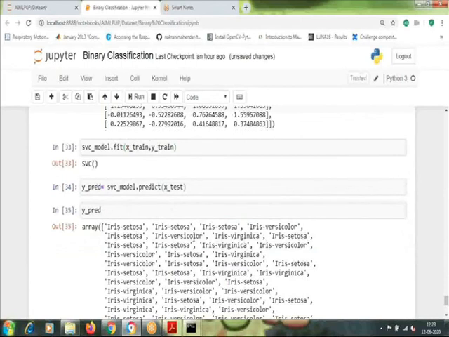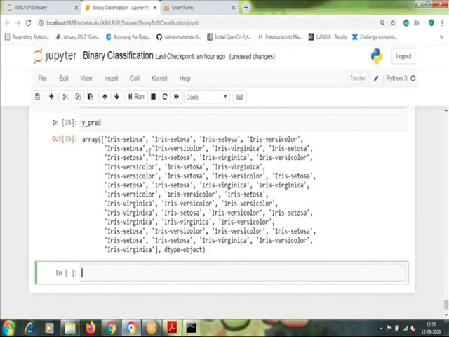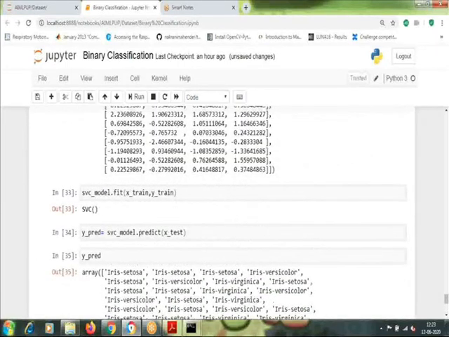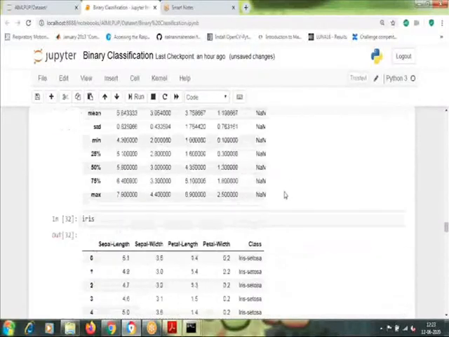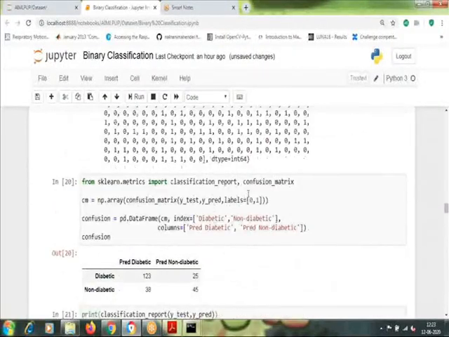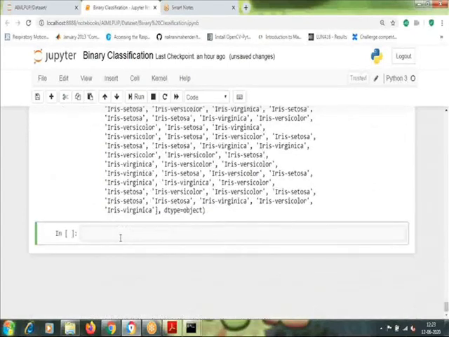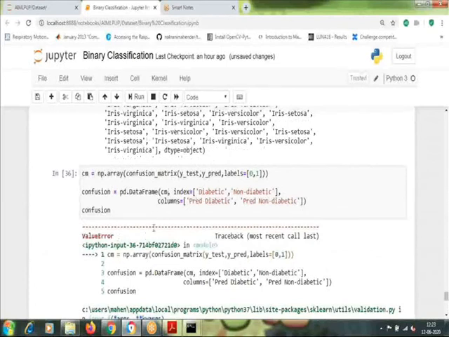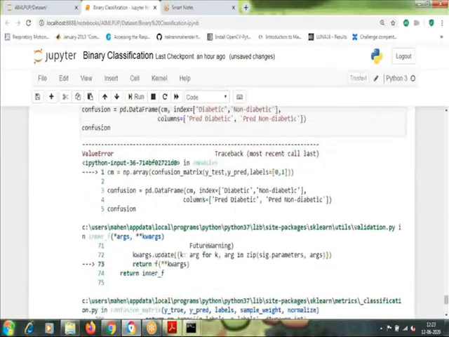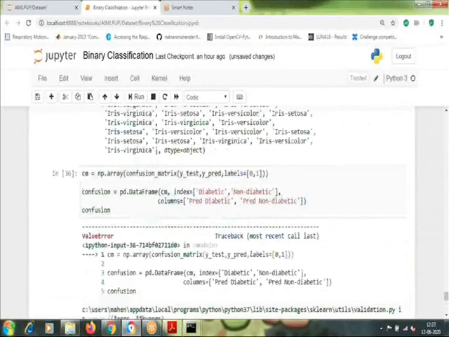So here you can see, previously it was printed as 0 and 1 because the result was given in 0 and 1. Here you can see it has been predicted as setosa, versicolor or virginica flower. Now again I am going to copy paste this, the confusion matrix and classification report, to check them.